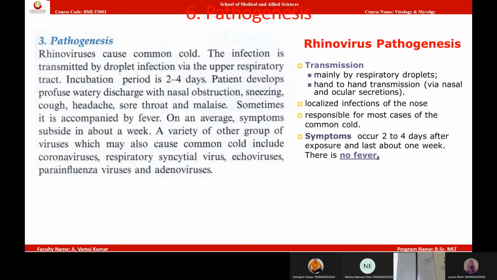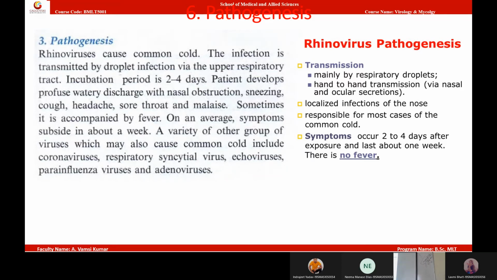Now the cytotoxic T cell will release histamines. These histamines will cause dilation of the blood vessels. Instead of having thin blood vessels, those blood vessels will become broader. What is the purpose of dilating a blood vessel? If you dilate a blood vessel, you will get more blood supply. If you get more blood supply, you will get more white blood cells to the site of infection, so white blood cells can clear the infection.